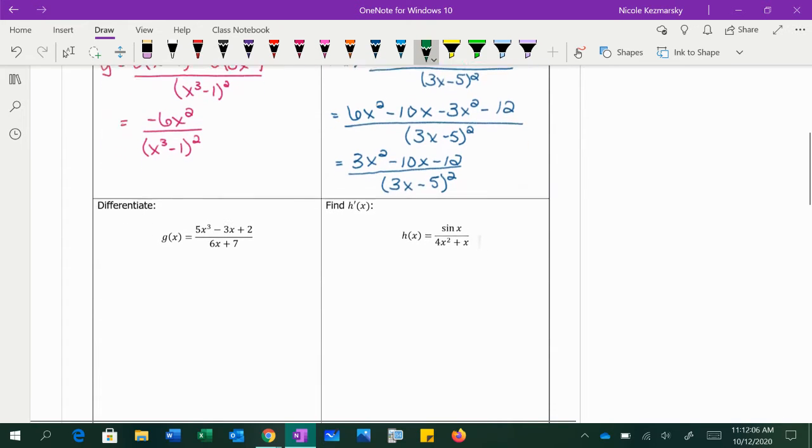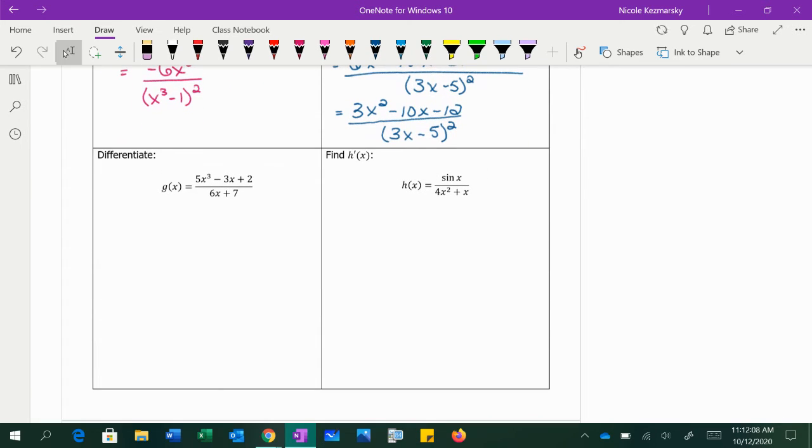Let's try a function that's a little bit longer. So I'm going to put my box down here because it's going to take up a little bit more room. So I have 5x cubed minus 3x plus 2 in my numerator, and I have 6x plus 7 in my denominator. As I take my derivatives, 5x cubed, I'm going to do 5 times 3 is 15, reduce my exponent